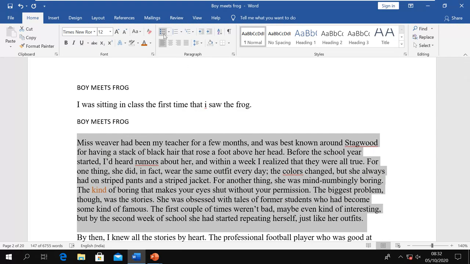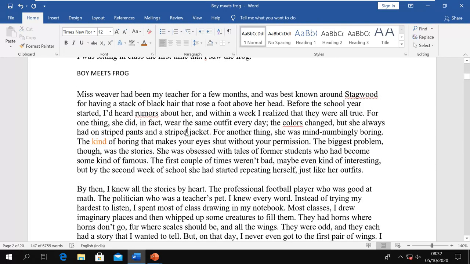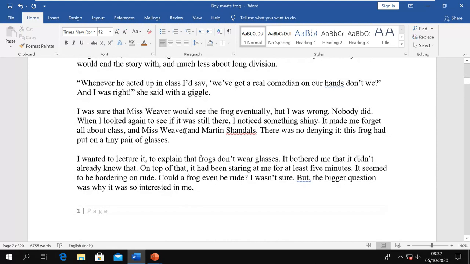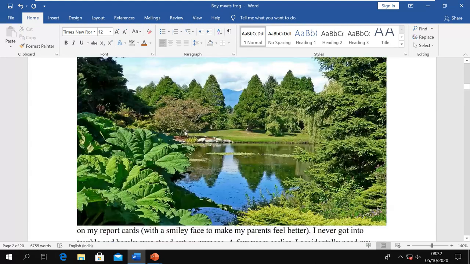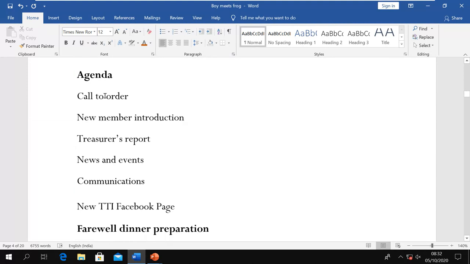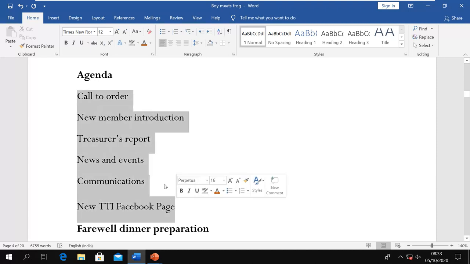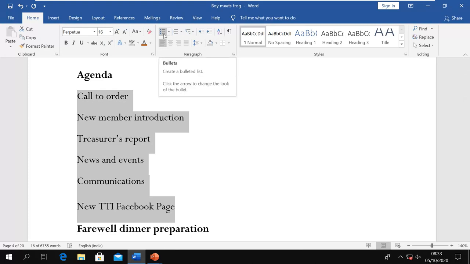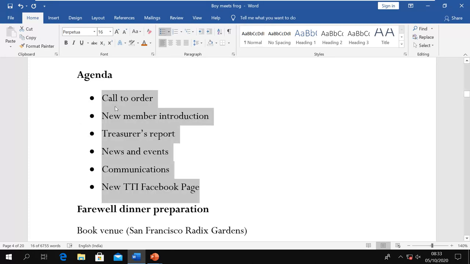Then we have the option to add a list. Now some of the words or data in our document should be arranged like a list, like this one. We have some agenda, and these are my agenda. So it is not looking good. So what I do, I can arrange it with the list. We have a bullet list. If I click on this, now you can see it is converted into bullets.